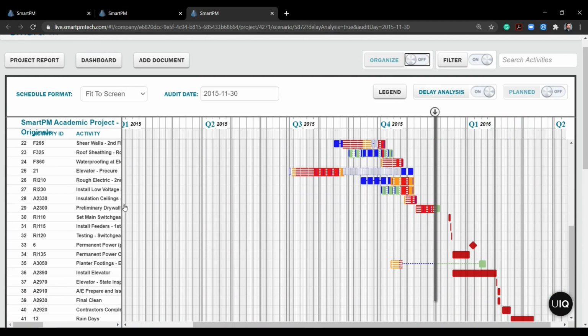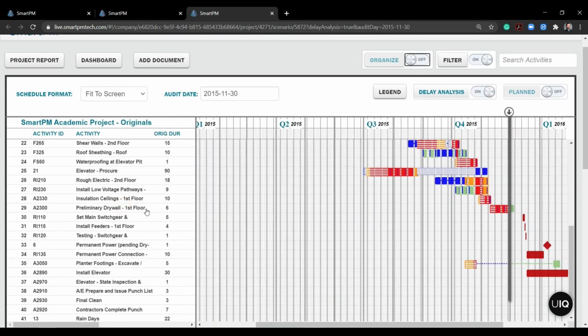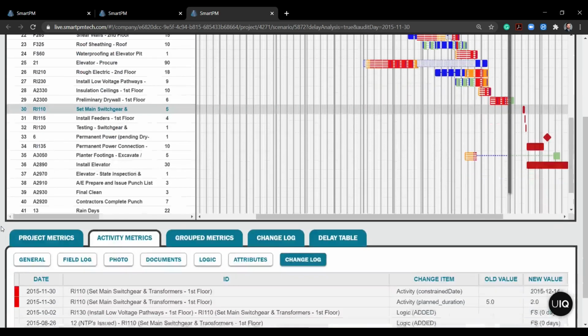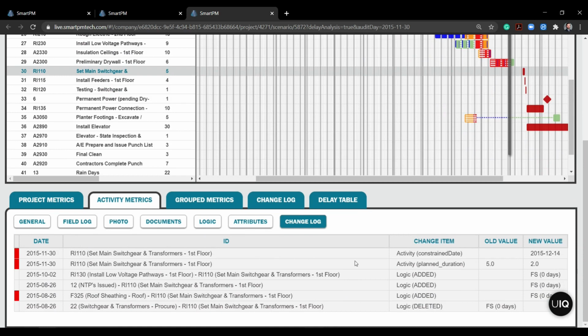And what's interesting is then, yeah, we can now see that the preliminary drywall was leading into it. And now moving forward, the critical path is going to be through the main switchgear, which is giving me that space there. So let's go investigate that change as well just to see. It looks like it was given a constraint date here in December, December 2015. It was given that constraint, which is causing that critical path to break there. So that's what's happening. A combination of the changes to the preliminary drywall and that constraint being added for main